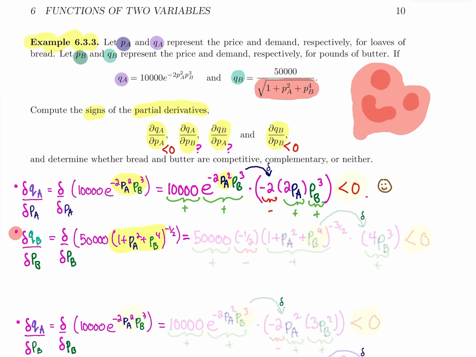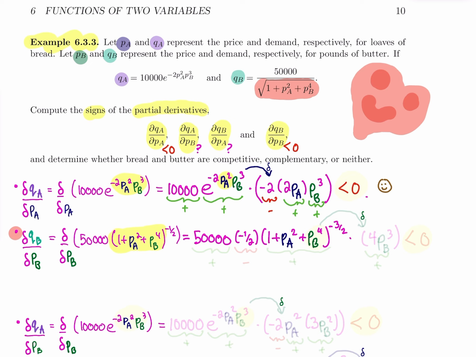So here I can see again that if I want to differentiate QB with respect to PB, I simply have to use again a chain rule. I have something to the power minus 1/2. So here we go. The 50,000 stays. That's just a coefficient. And now something to the power minus 1/2. I'm using my chain rule. The minus 1/2 falls. Remember, the inside never changes. So 1 plus PA squared plus PB to the power 4, and minus 1/2 minus 1 is minus 3/2, times